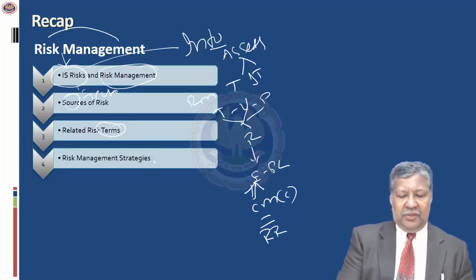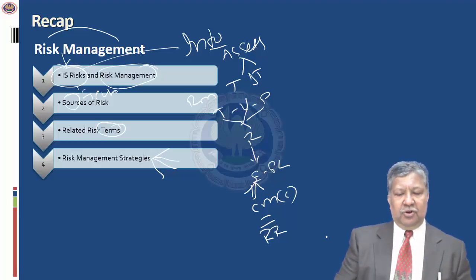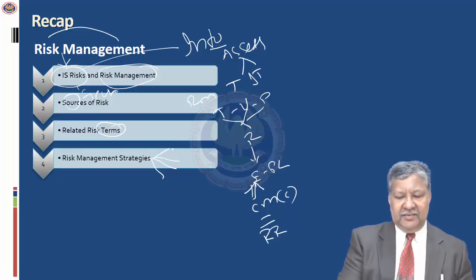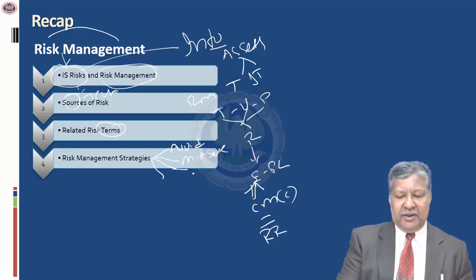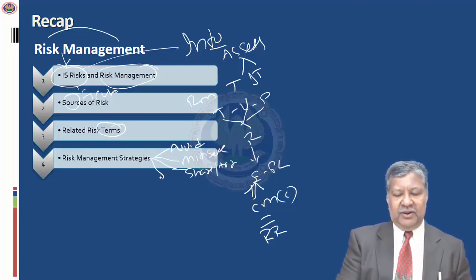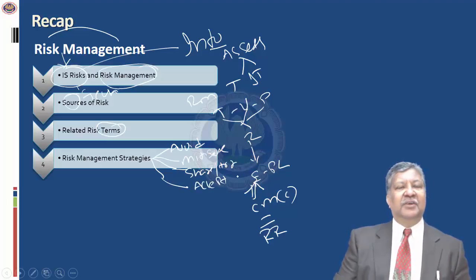And we saw the 4 strategies which could be adopted pertaining to risk management. I'm sure all of you remember this. The first strategy is to avoid. The second strategy is to mitigate or minimize, which is also called risk treatment strategies. The third one is to actually share or transfer. And the fourth one is actually to what? To accept. You have to accept the risk.